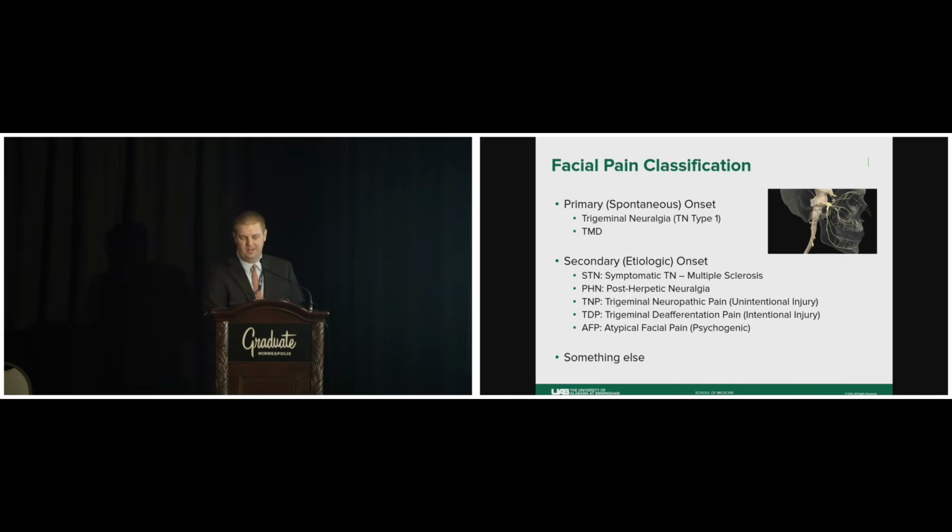Question two, it's not trigeminal neuralgia type 1. Do I suspect TMD? Simply because it's so prevalent in a patient that winds up in my clinic. Because if it is, I need to make sure I don't operate on this patient, unless they happen to have both, and get them to the right person. And then question three, if it's not one of those two, what else is it? And what treatments do we have that I could offer or get to the right person?